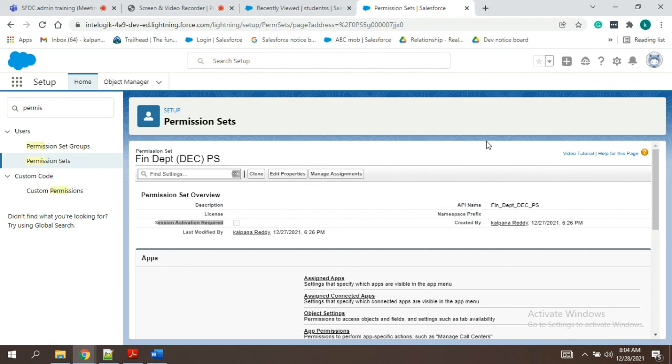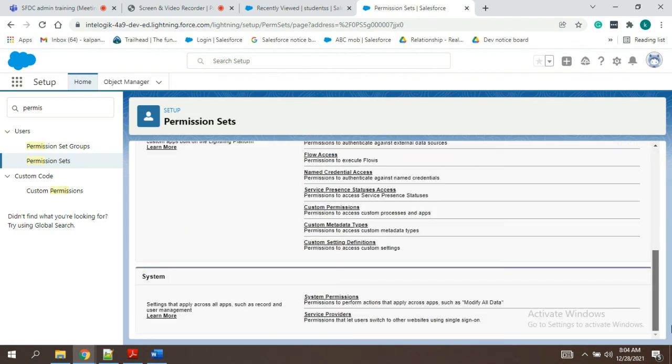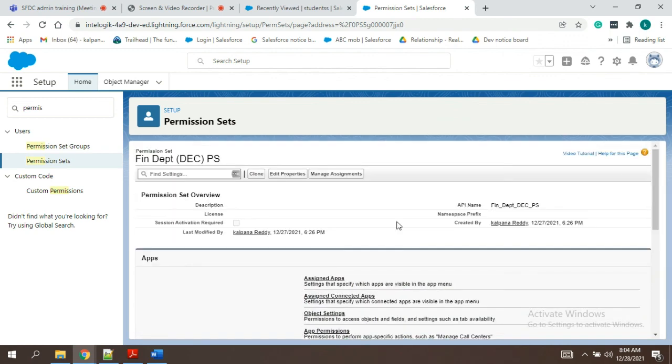So at that moment we will use the session activation required. That means once the session is over they will not be able to have this permission set. That means for temporary purpose we will be assigning the permission set. Now it should have been already applied. I don't know why it is not happening.